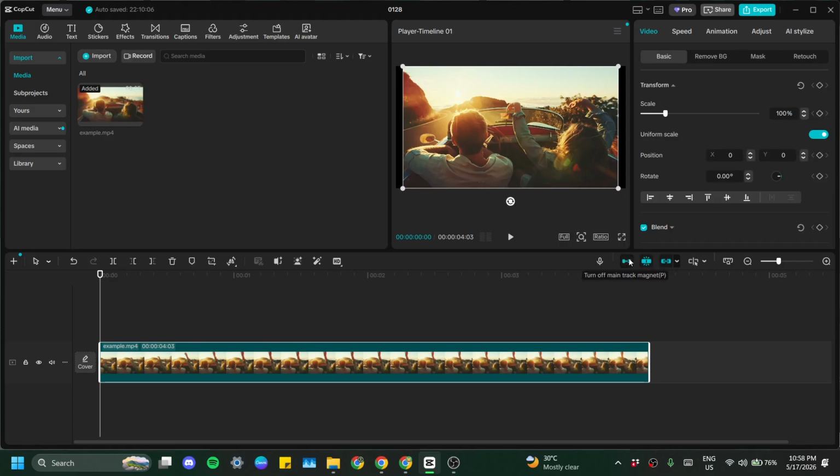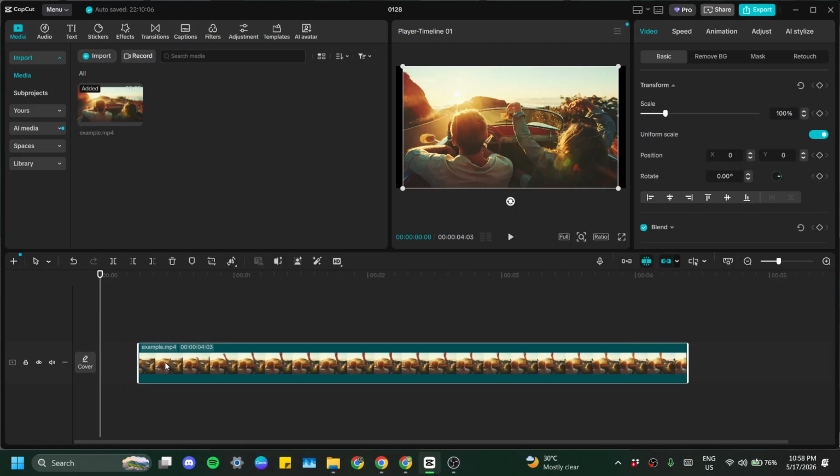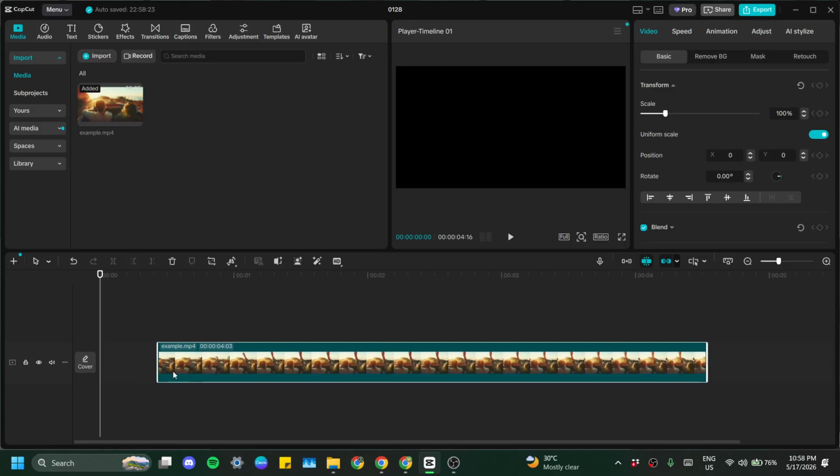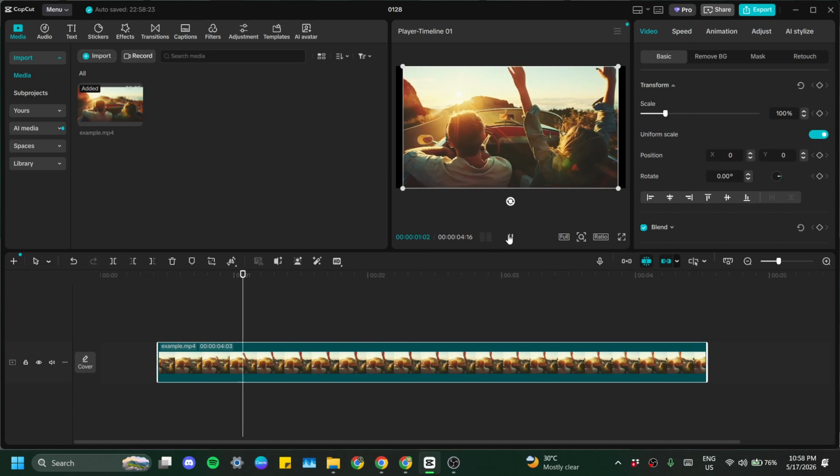With the magnet disabled, clips will no longer lock to each other. Now click and drag your video clips apart to create space wherever you want the pause. As soon as you let go, you'll see an empty section on the main track. During playback, that section will display as a clean blank black screen, perfect for a breathing room between moments or